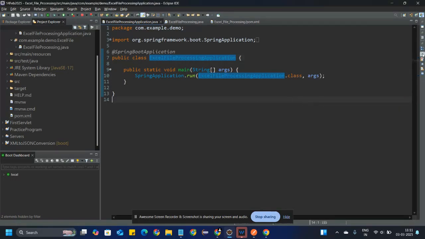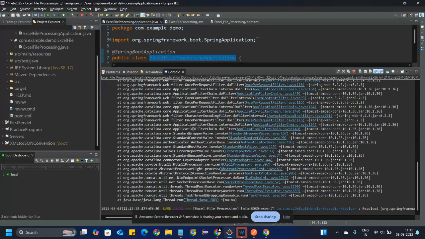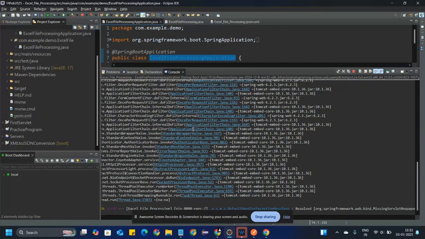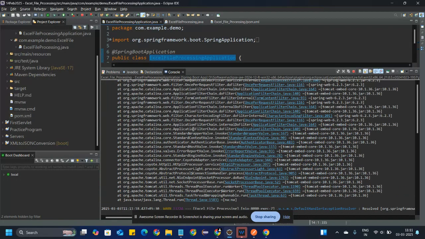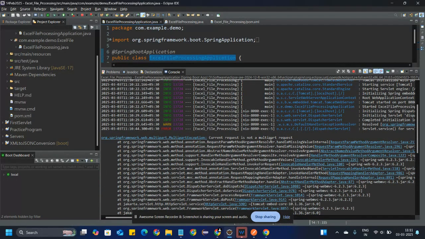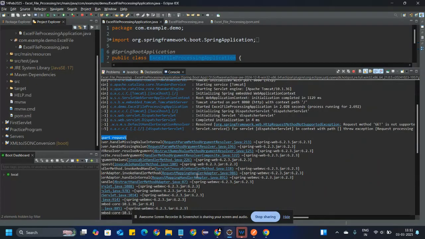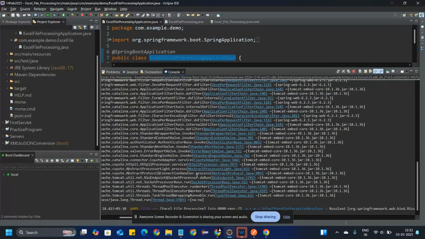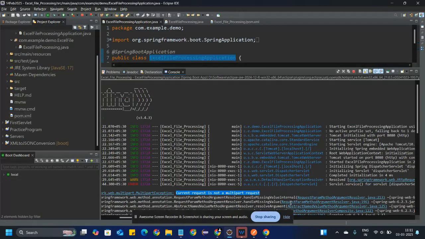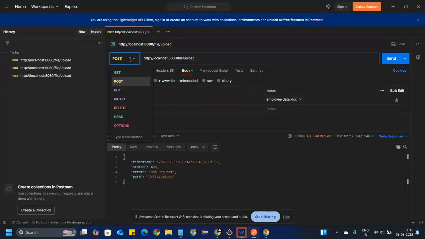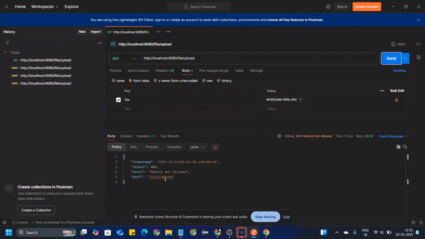We have checked first. The current request is not a multipart request, and something like that. We have set the request to the GET method. Now we send the request. Method not allowed, which means GET is not allowed.